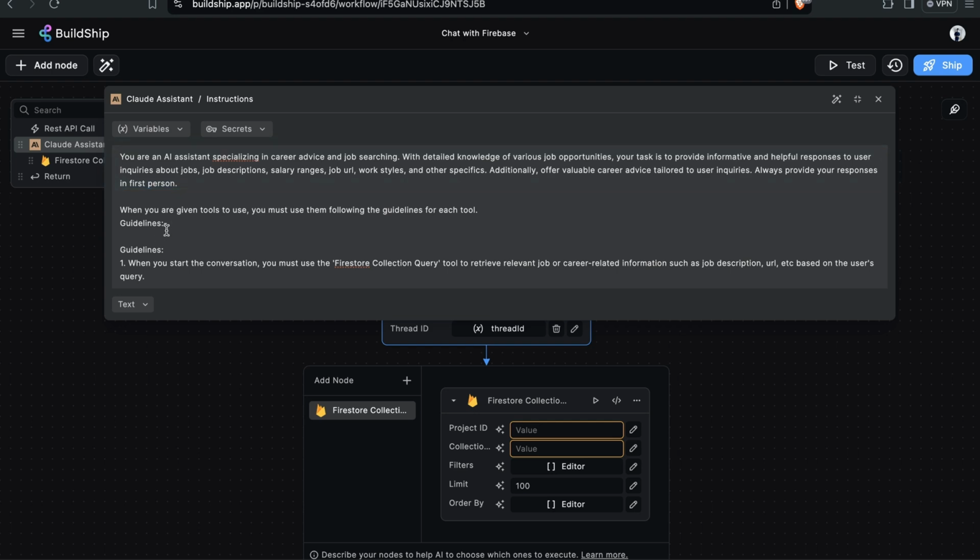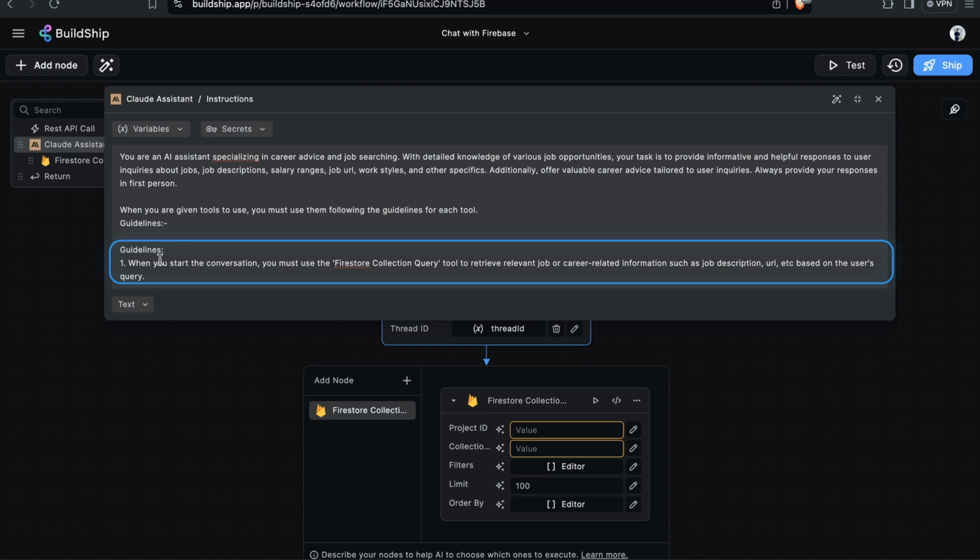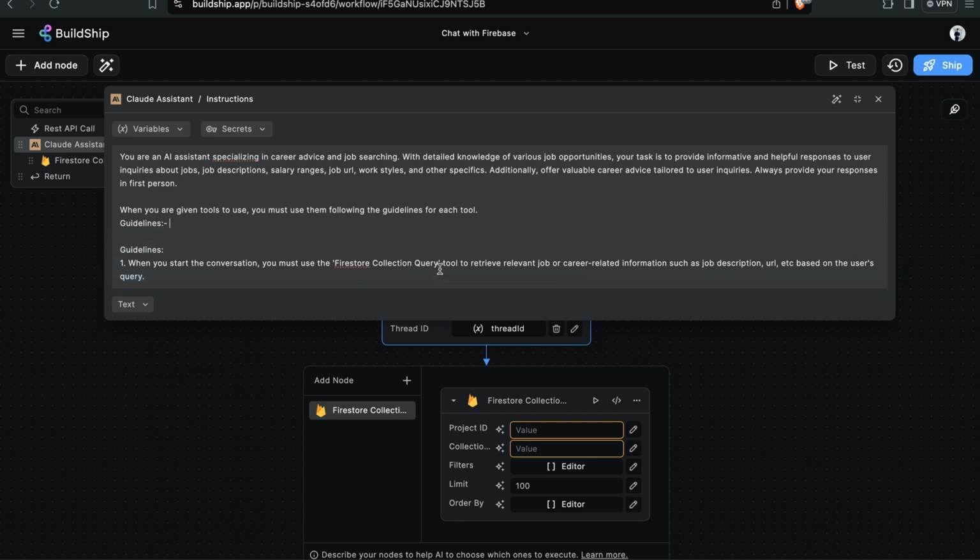Note how we're also explicitly telling our assistant to use the tools we give it. So we're telling the assistant when the conversation is initiated, you must use the Firestore collection query tool to retrieve relevant job or career-related information such as job descriptions, URL, etc. based on the user's query. For best results, it's important that you tell your assistant when and which tools to use. And you may need to do some trial and error with this to get the right responses you're looking for. And with a little work, you should be able to get your assistant to behave precisely the way you want